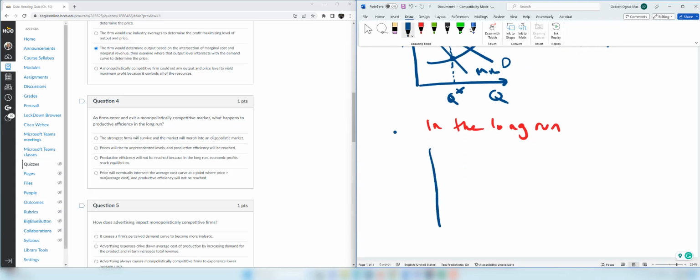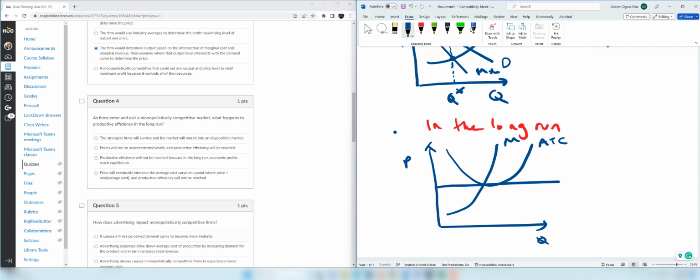Here is price and quantity, and the demand curve is perfectly elastic, and this is the average total cost curve, and then we have the marginal cost curve. So we choose this point. At this point, price equals the minimum of ATC. So the idea here is that in the long run, the profits are zero, but also the companies find the cheapest possible way to produce the product. Therefore, all resources are used efficiently,